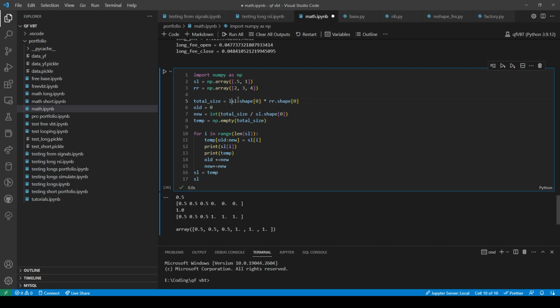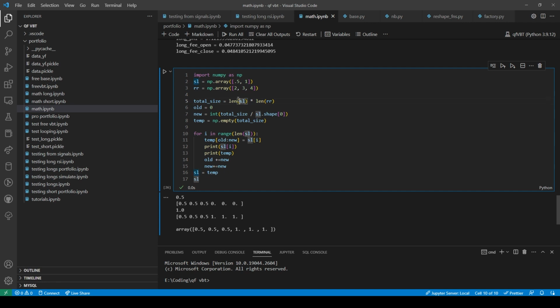I would just do length, I guess. Length of this times length of this. So I guess it would just be times equals length. It would have to start out as 1 or something like that.